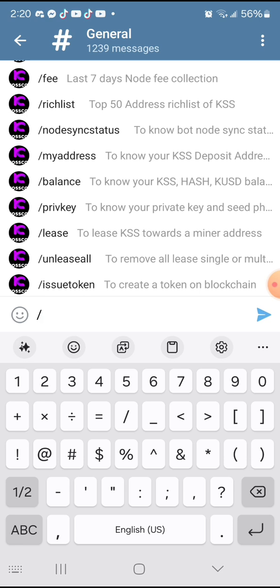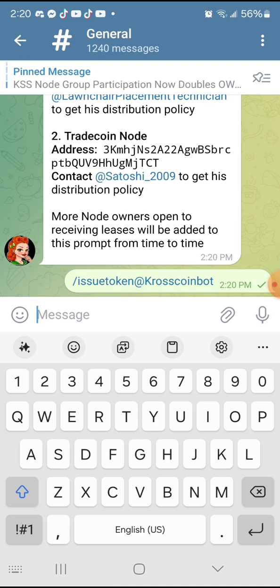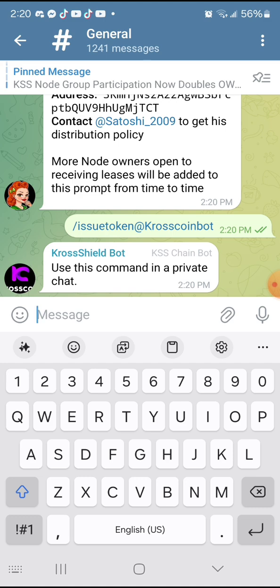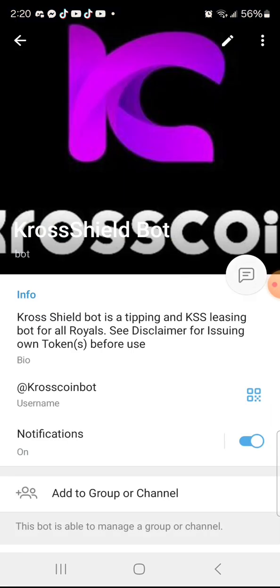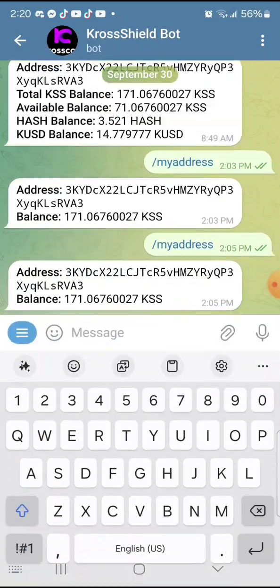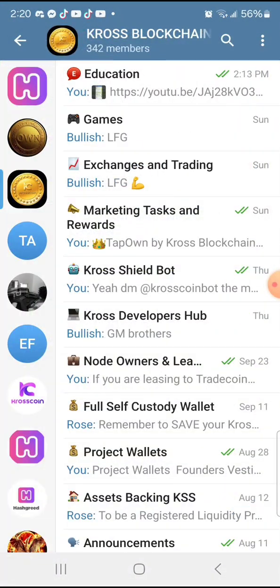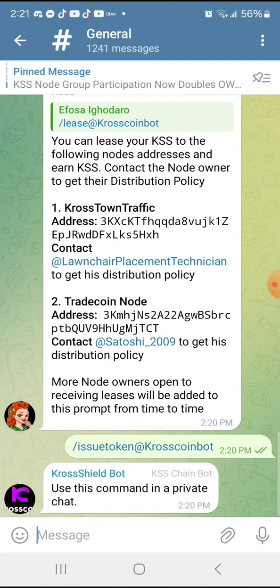With one command on list all, you cancel all your lists, if they are multiple. Issue token, you can issue a token. That's to create your own cryptocurrency on the Kross blockchain, and you do this on the private chat. So let me go ahead and go to my private chat and do the things I can do. But first of all, let's quickly go back to the public chat so I can show you how to tip